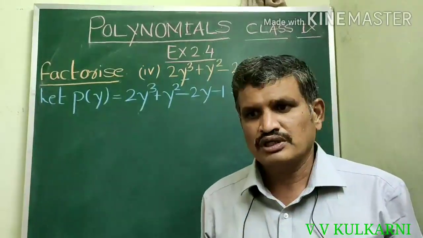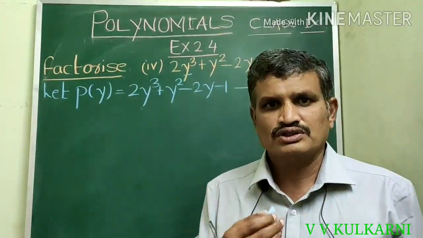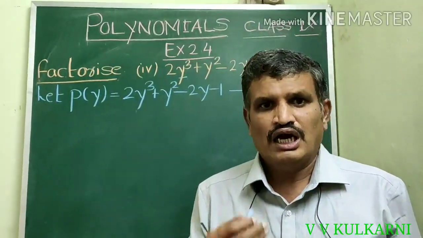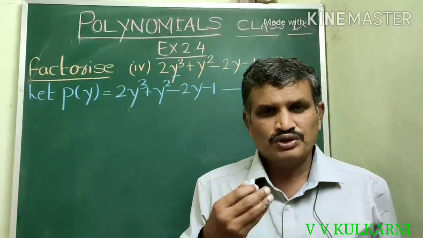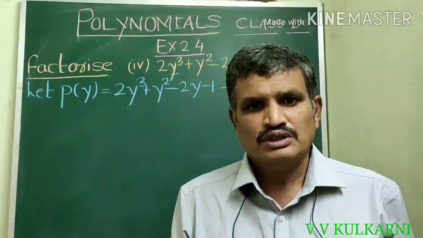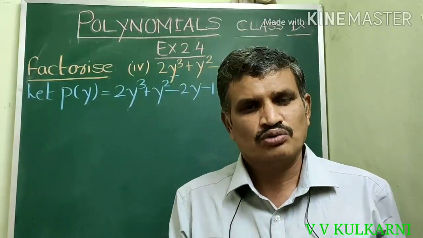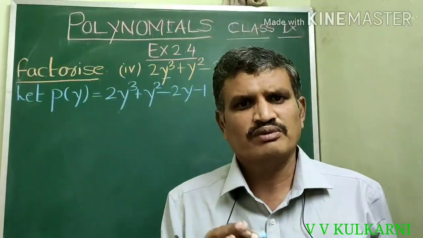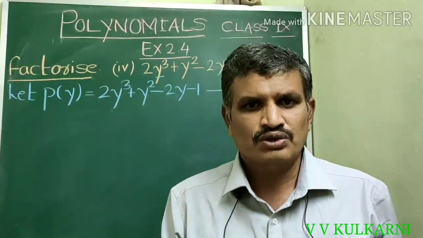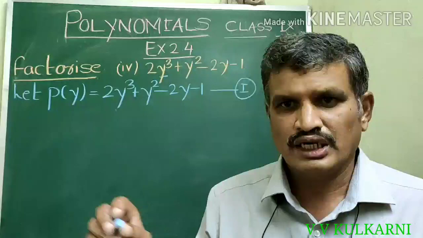Actually one student asked me, sir, why are you using 1 only, why are you using minus 1 only? It's a guess. I have to search for the 0, and to search for the 0 you have to keep on guessing. I'll tell you one simple thing: in the examination you need not worry too much. Usually the answers in the questions will lie between 1 and minus 1, 2 and minus 2, 3 and minus 3, 4 and minus 4, 5 and minus 5. It won't exceed beyond that. So keep trying, and once you get that 0, then you have to put that value and show that it's a 0. So how? I'll tell you now.